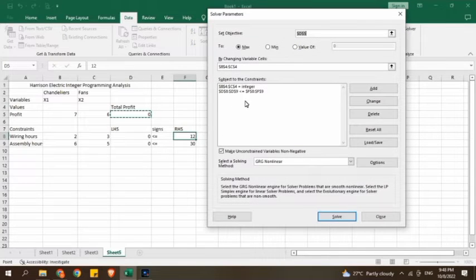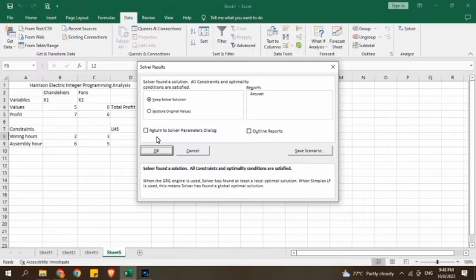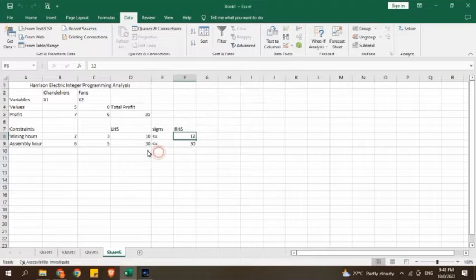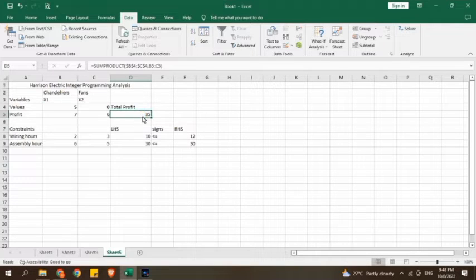Then sa baba, make sure na ang i-click nyo sa select solving method is yung simplex LP. So guys, ganun lang din ulit. Then after nyan, i-click nyo lang yung solve. I-copy lang natin yung values, from B4 hanggang H4. Then makikita nyo na yung result. Then ang next na i-copy natin is yung total profit, return, and then nakalagay na dyan yung values niya, B5 hanggang H5. And then may sagot na rin yung left-handed side. Next,